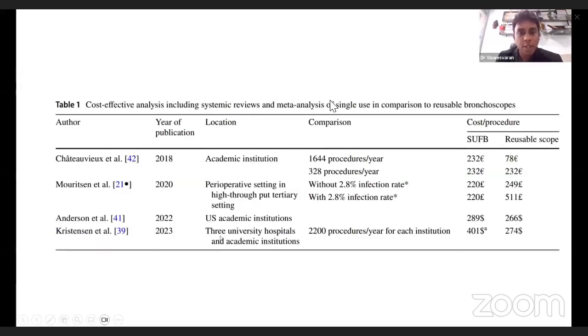settings like an academic institution, a tertiary setting, and even university hospitals. And with respect to cost effectiveness, they found that if the total number of procedures is around 1,644 procedures per year in an academic institution, the cost borne by the single-use bronchoscopy is almost 232 pounds, whereas the reusable bronchoscopy is 78 pounds. But this number of cases generally happens only in an extremely high volume center, whereas in most of the